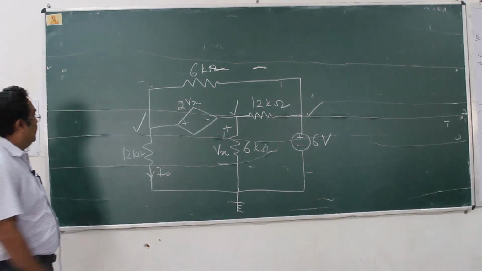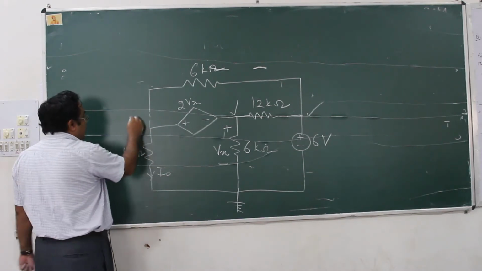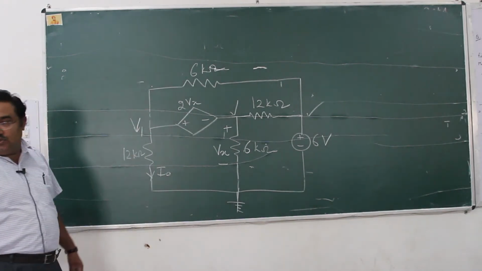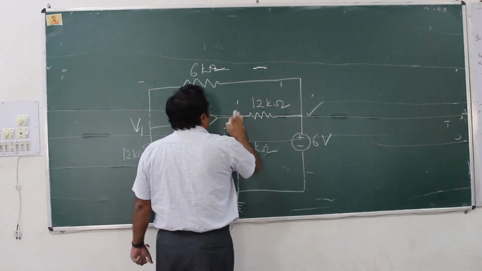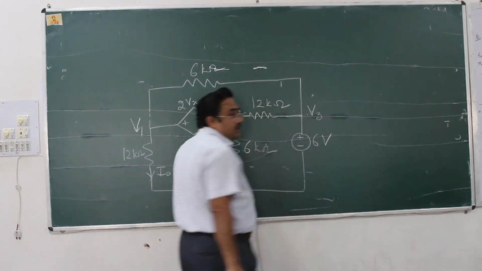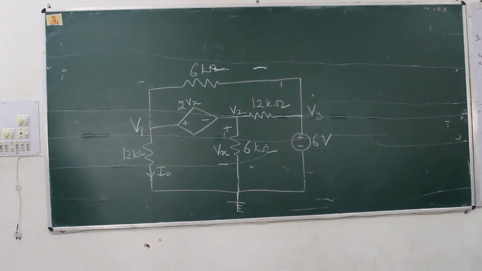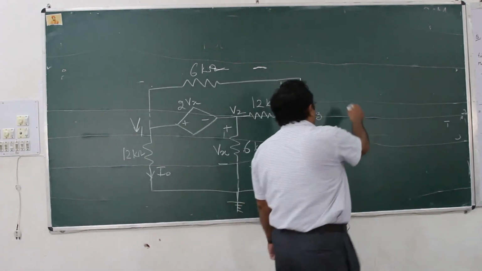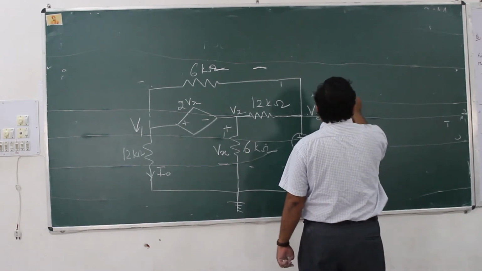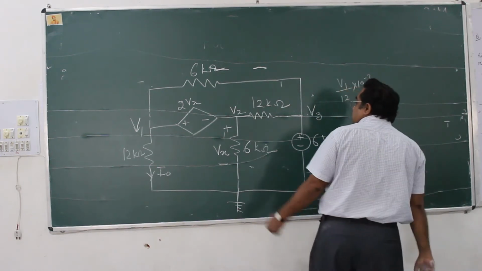So what is the second step? Make this the ground node. Third step, make all the other nodes unknown voltages V1, V2 and V3. Is this clear or not? What is the next step? Write down the KCL at each node. Let's start with V1. So what happens at V1? It is V1 upon 12 into 10 raised to power minus 3 plus,